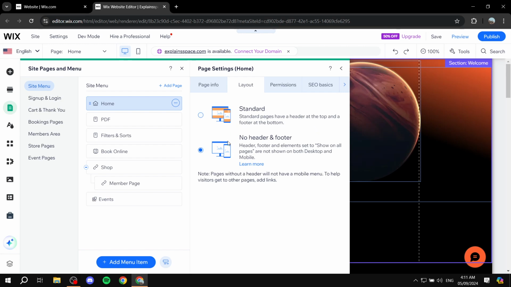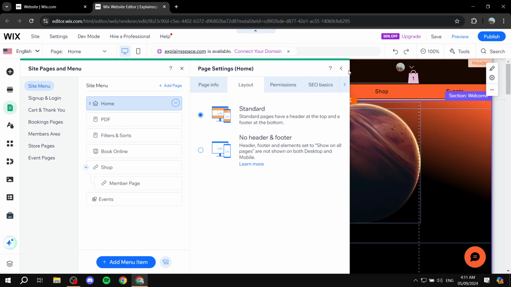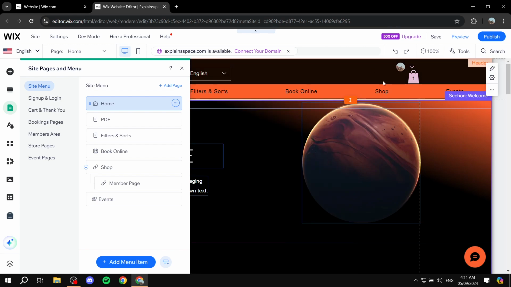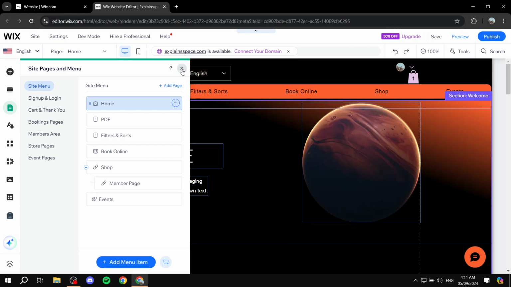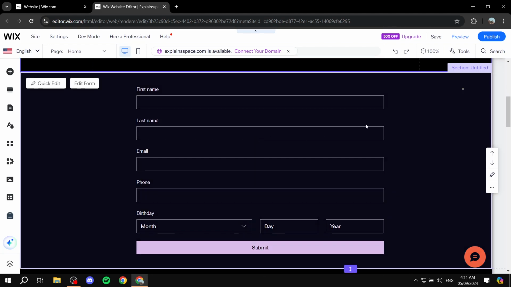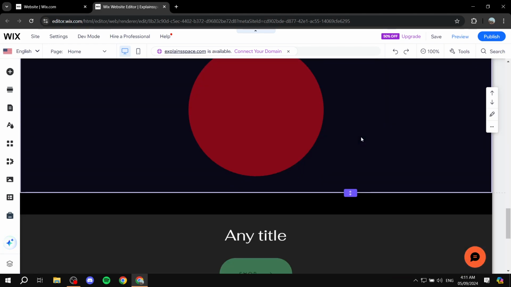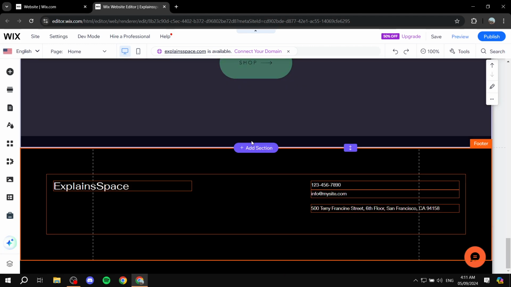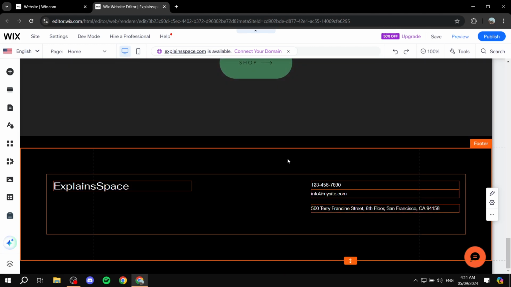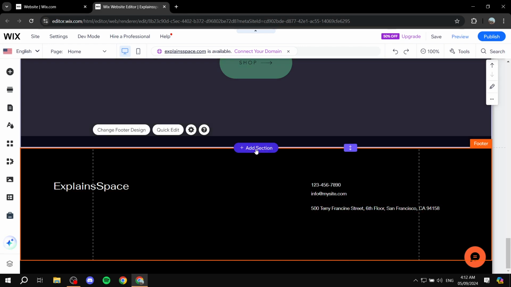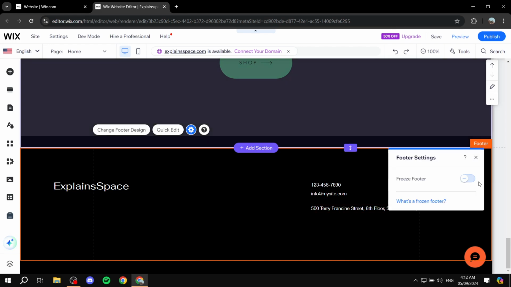Now you should be in the no header and footer option, since you can't really find the footer here. If that's the case, you would want to just click on the standard one, and you can see already it automatically shows up the header. And if we scroll down, we can actually find the footer too, as you can see over here. And you can obviously adjust the footer to your liking within the settings that you have,